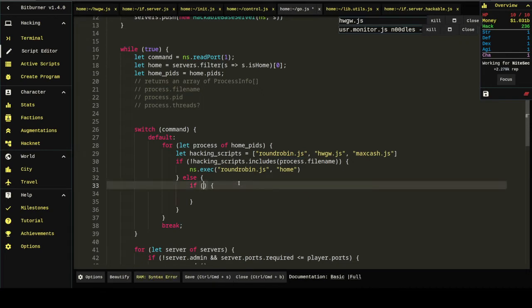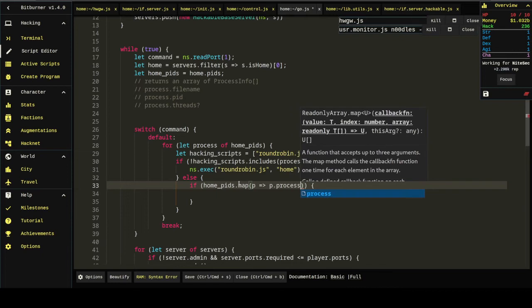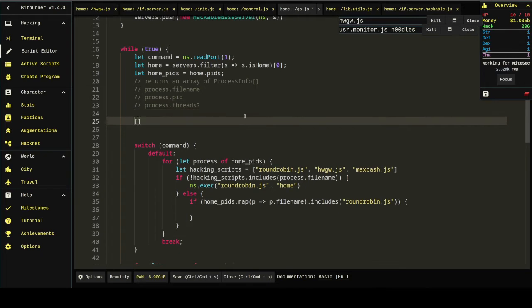We got to do this with a map. This is what I was afraid of. homePIDs.map, b.filename. So what map does is it performs an operation on every item of the homePIDs array and returns the value. So essentially we're saying for every object in the homePIDs array, return an array that consists of just the file names. The homePIDs has all this information in it, and what this entire statement will do is return an array that looks like that,